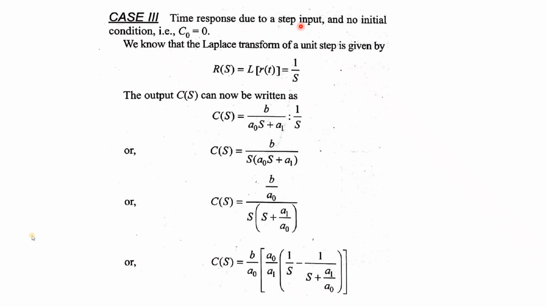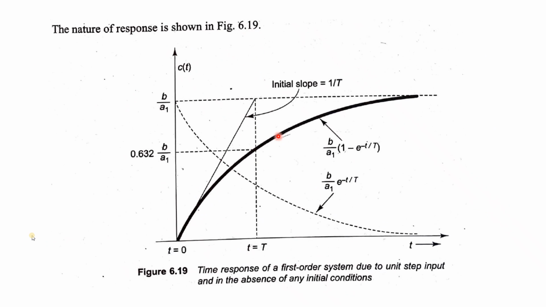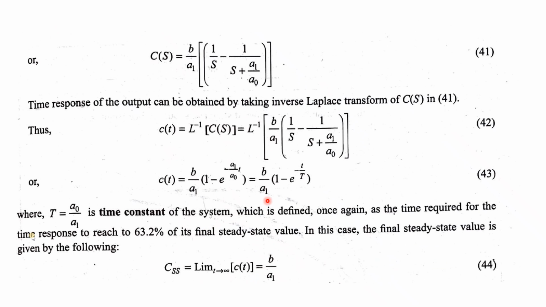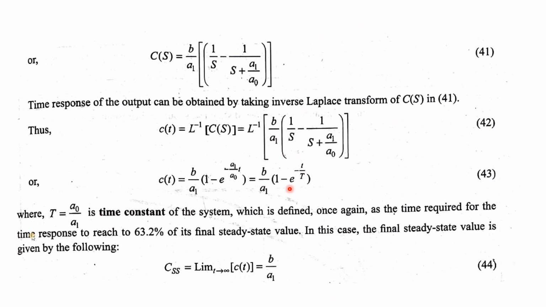Same thing over here also. If you give a step input or unit step, then it is 1 by s, initial condition 0, then R(s) is 1 by s, so our equation becomes this one. In this way you have to observe how your system operates. The step means like this, it will be exponentially increasing. See, it is exponentially increasing. 1 minus this one is our output. I'm just skipping this part because I think you can understand. If I share the notes with you, then you will be able to understand. It is quite easy. Because you see over here, 1 minus e to the power minus t by capital T.